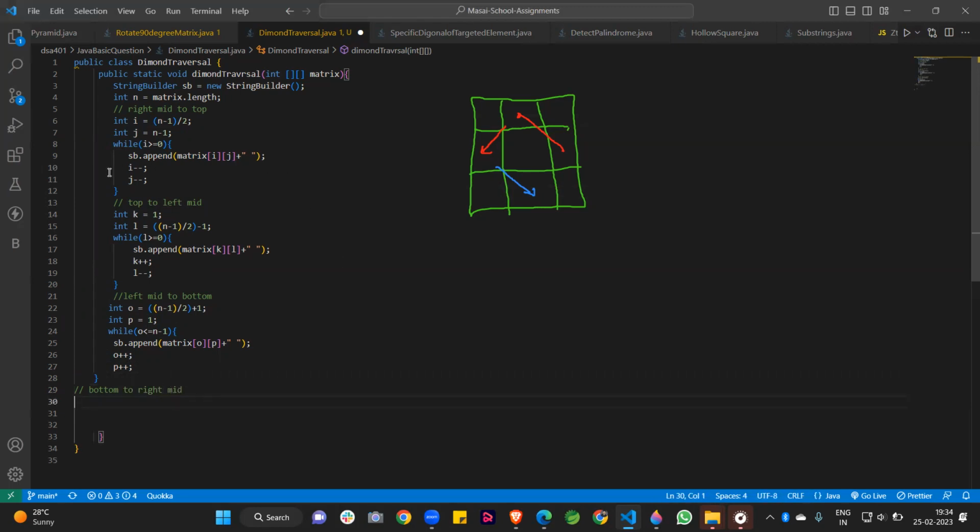When you run this code, guys, then this code is perfectly working for this 3 by 3 matrix, because we cover all things. Like you can see here, we are taking these two elements and this element and this element. So both elements are also covered. When the size of the matrix is bigger, then we also have to write a condition like this, because there are some elements present in this diagonal also. So that's why I am writing a condition for the bottom to right mid, because this is a small size. If the size of this matrix is like that, so I am writing here,